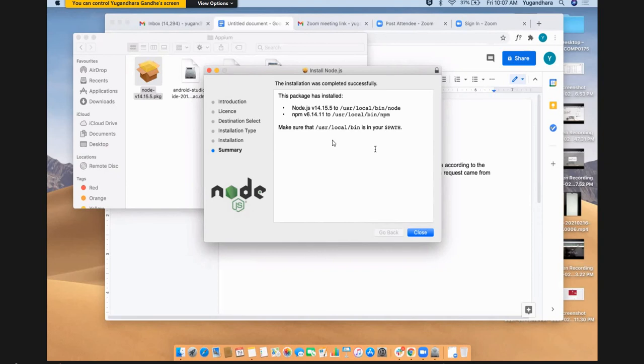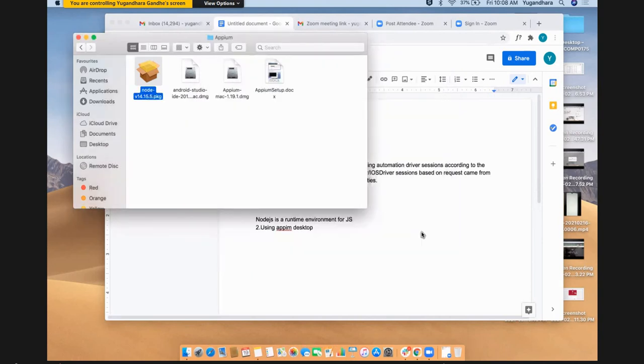It installs the JavaScript packages from a central repository to our local repository. We are going to talk about what the central repository and local repository are, but it's a package manager. So I'll say close. Now we have got node installed.